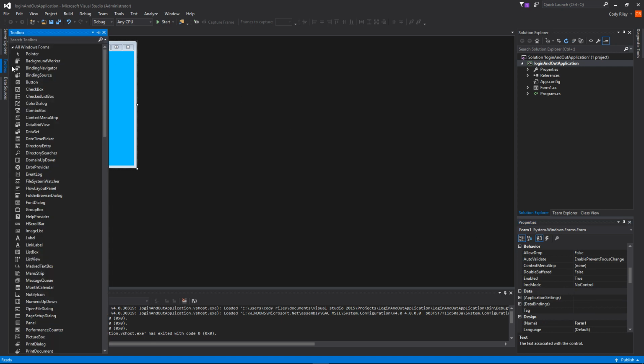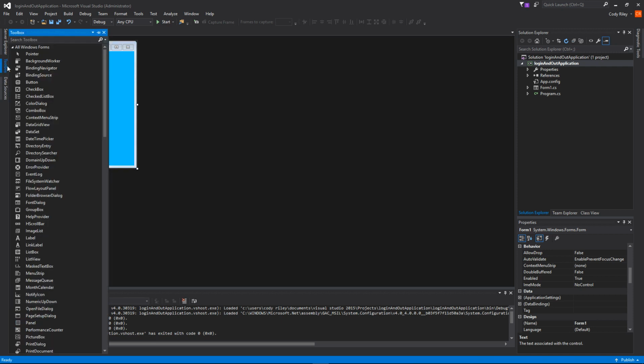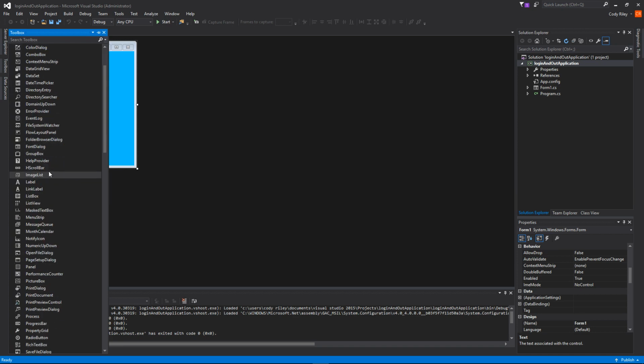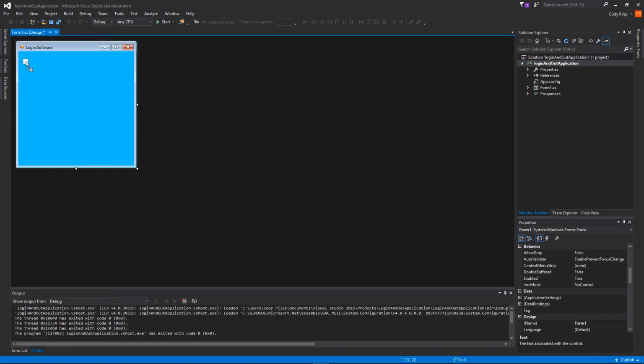So let's go ahead and start creating a usable interface that the user can put stuff into, or that you can click on. You can see that there are multiple things here. What's the first thing you want? A login credential. Yes. The first thing you would want is actually a label. A label being basically text on your application. You can see it's just plain old text. To edit this,